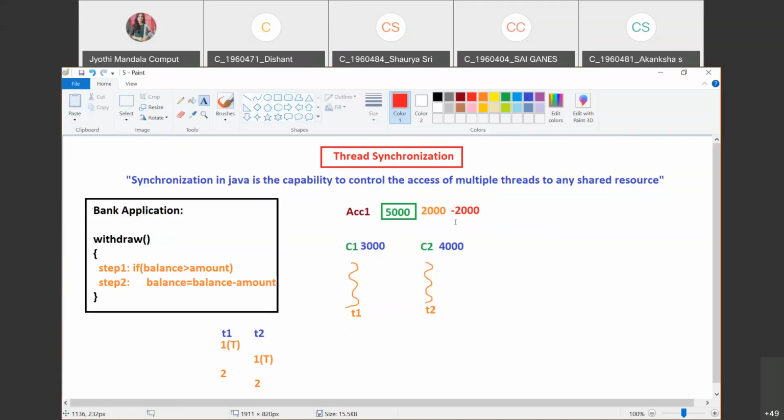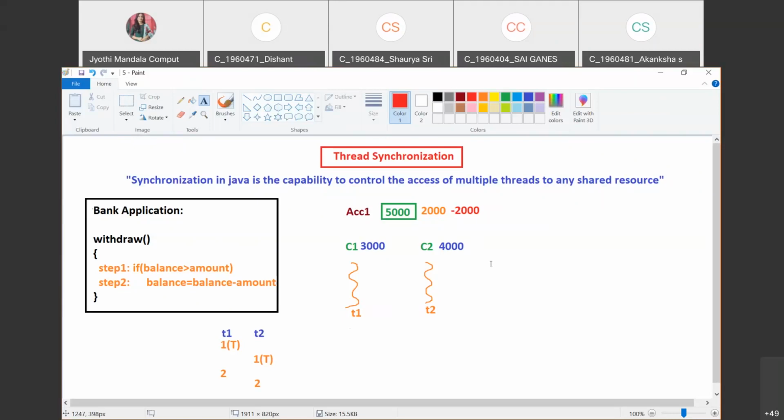Even though the amount is not there, the customer will be given a chance to withdraw, and whatever final data we are storing in the account is invalid data. We can't store negative data in your account, isn't it? So such a problem is possible by using your multi-threading option.